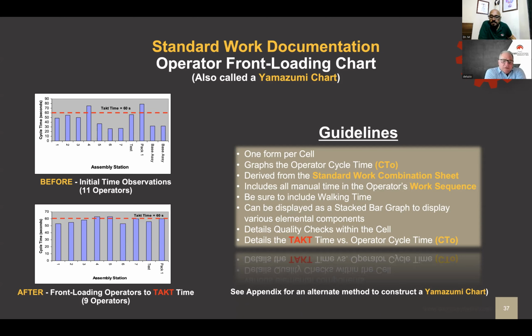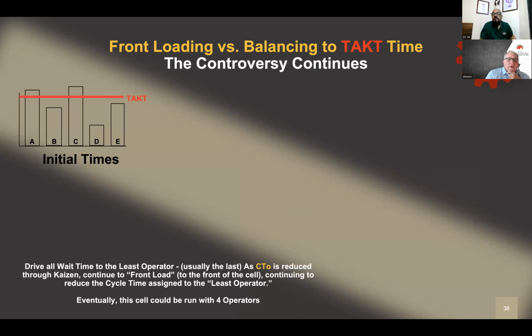So here we go. This is the operator cycle time by operator. And let's say I didn't do any Kaizen per se. I just redistributed the work, but everybody front loaded to takt time. Now why do I want to do front loading? All right. If these are my initial times,